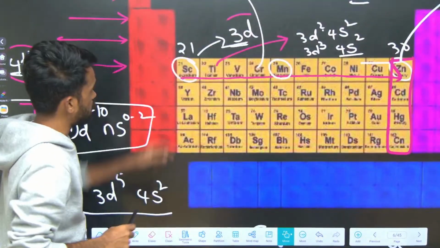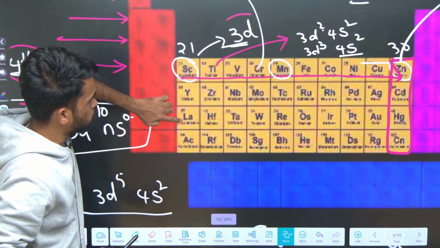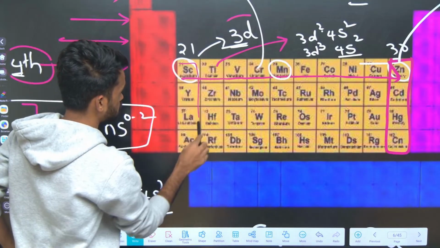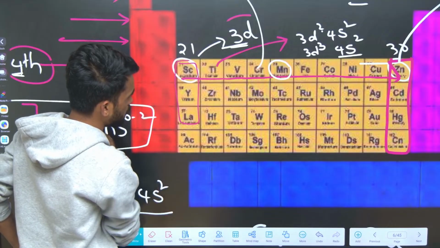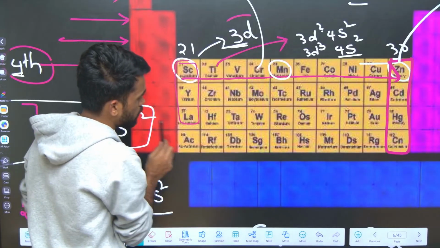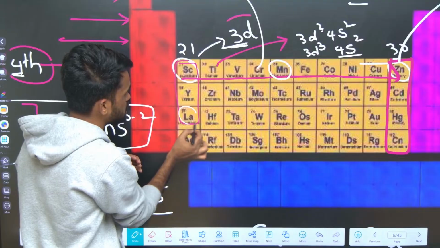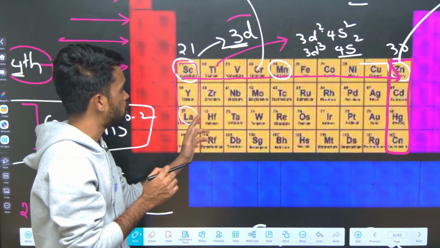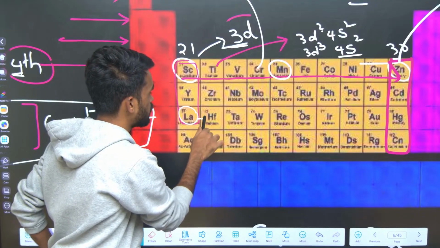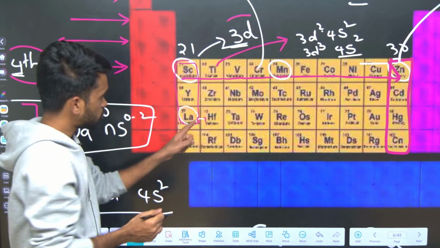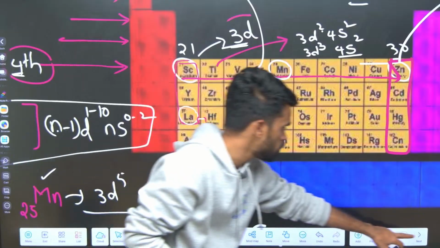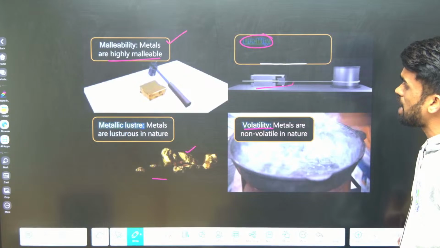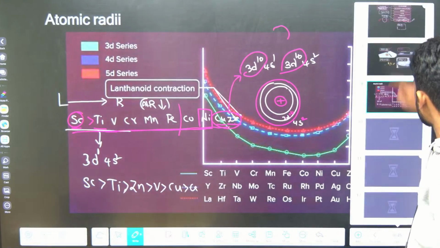here you have scandium, yttrium, lanthanum, downwards. These three elements. Here you will be seeing the involvement of lanthanides. After this we have lanthanides in between here. So due to the presence of lanthanides, we will have a concept called lanthanide contraction. Due to that reason,